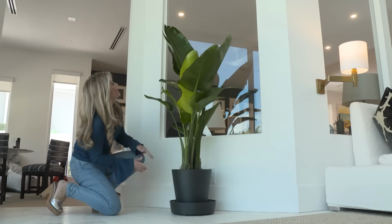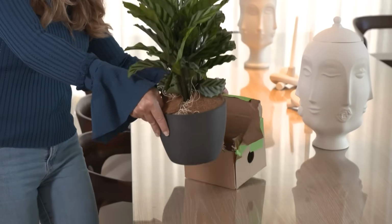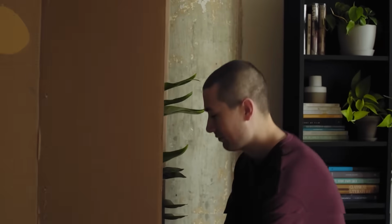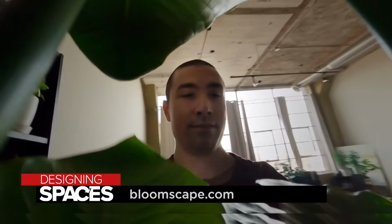Houseplants can add life and vibrancy to a home of any size. Whether you live in an apartment, condo, townhouse, or single-family home, they're also a great addition to your office or cubicle. Dig into your options at